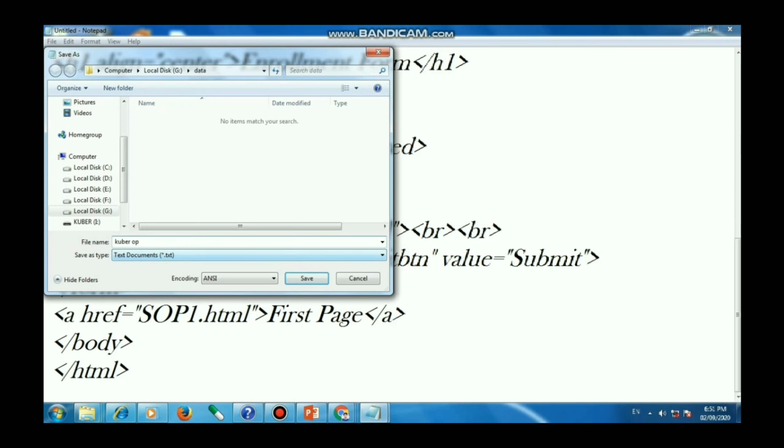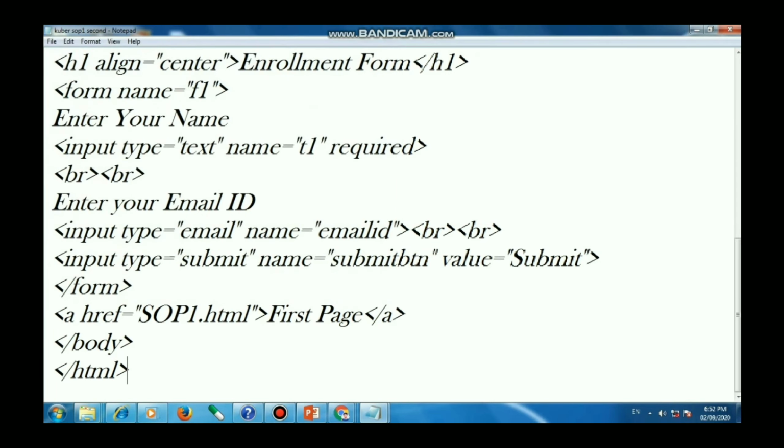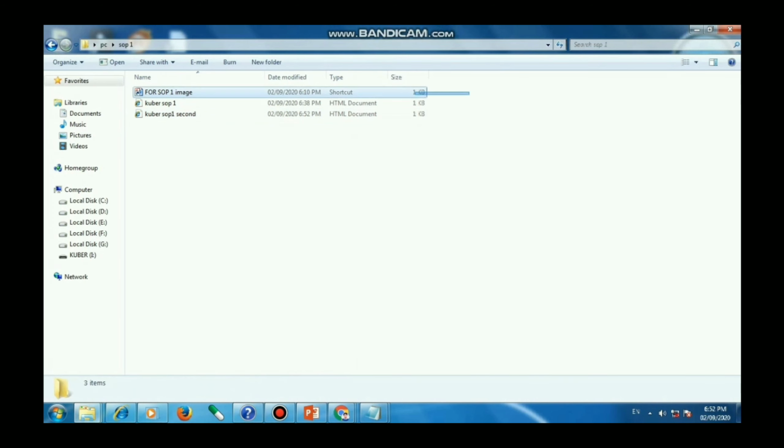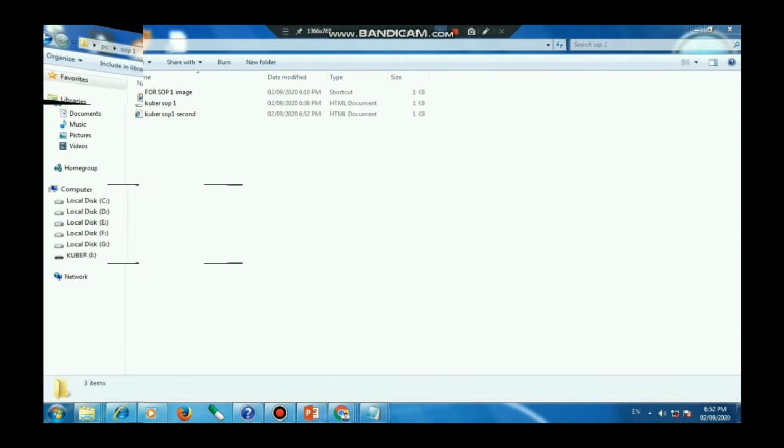While saving your file, .html should be given after the name of the file. As you can see, both my coding files and the image file are in the same folder.